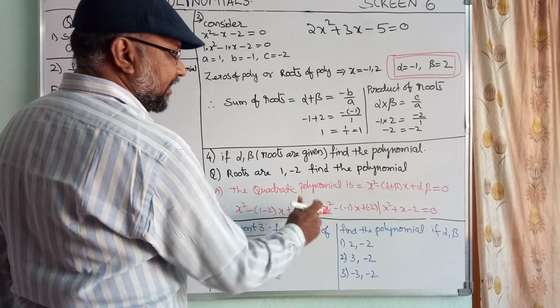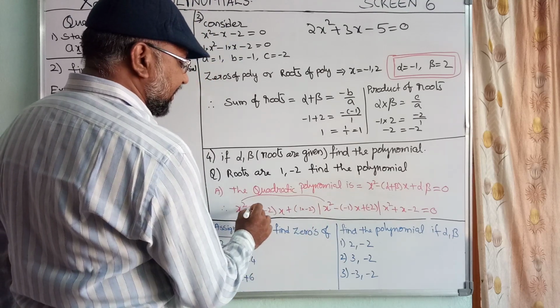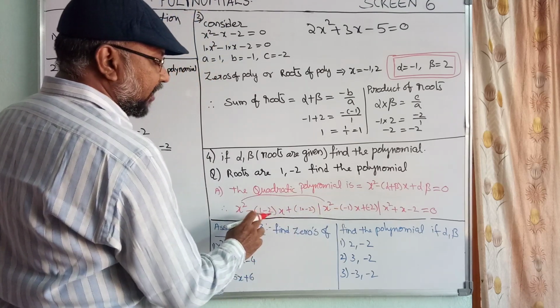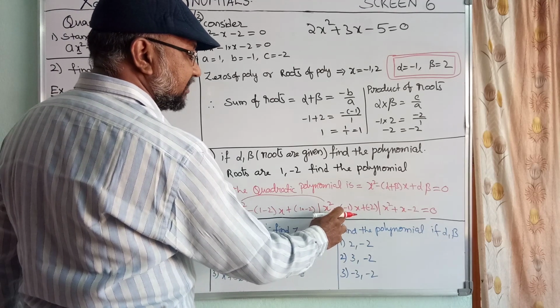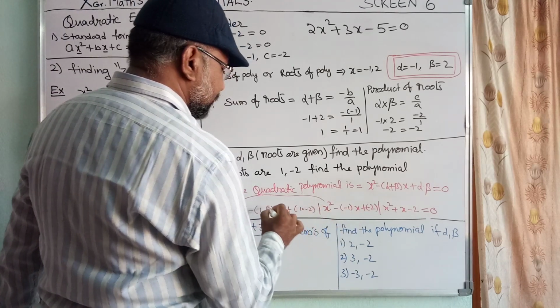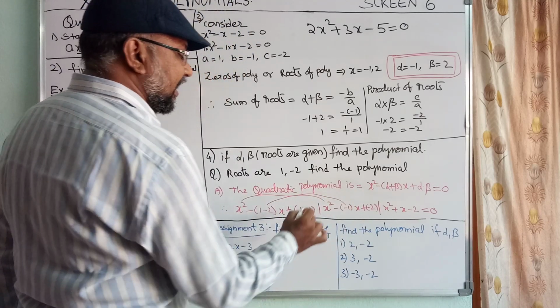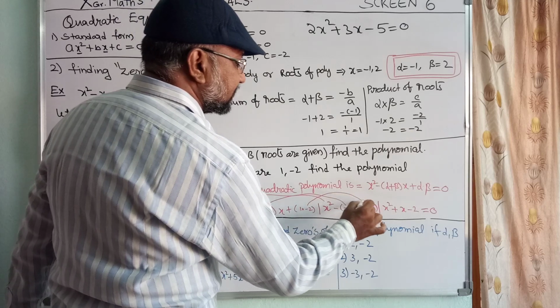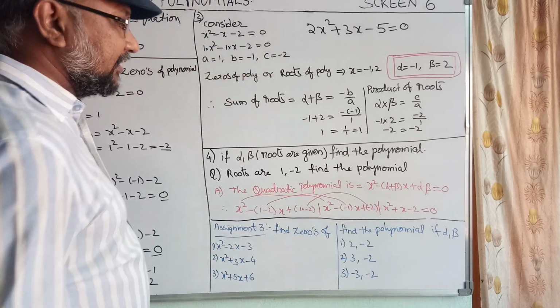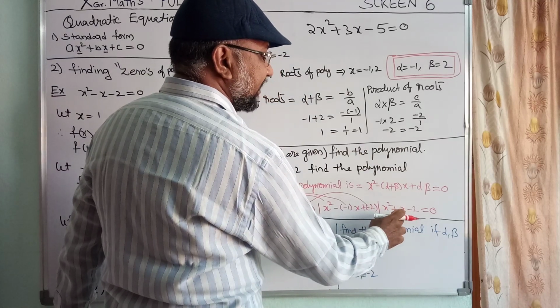So x square as it is, and minus as it is. 1 minus 2, that is -1 of x. Therefore, now this value will come like this, and the third one is like that. Now if you simplify, x square plus x minus 2